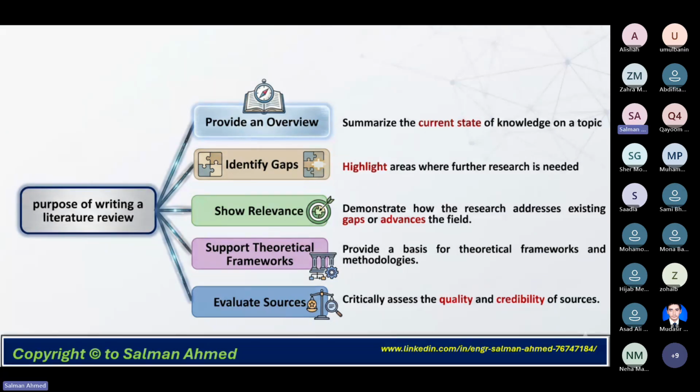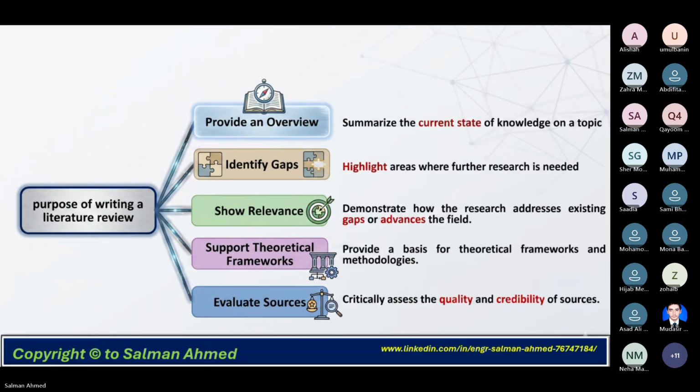It provides the state of the art, that is, the current state of knowledge on a particular topic. Then obviously, as I told you already, it identifies the gaps. It highlights the areas in which the algorithm or the database, or whatever you are using, is highlighting.